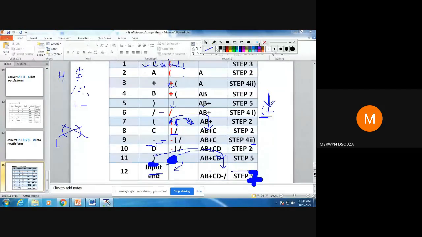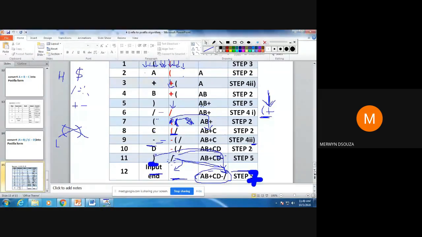So what is there on your stack? Only division. Pop the remaining operators from the stack and put them in the output. When the stack becomes empty, this is your output. So you get the output as AB plus CD minus division.